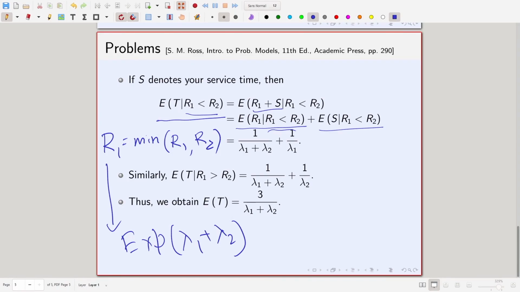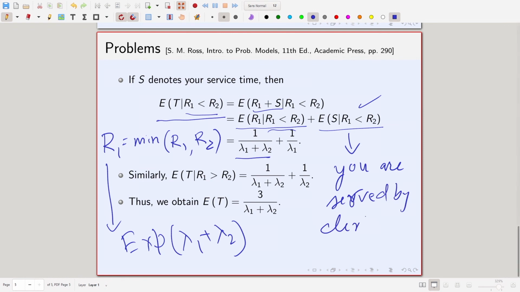So, if R1 has exponential lambda 1 plus lambda 2, then you know its mean. Its mean is just 1 over the parameter. So you get this. Now, how are we going to use this information that R1 is less than R2? It tells you that you are being served